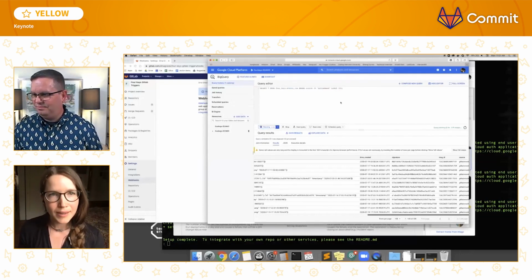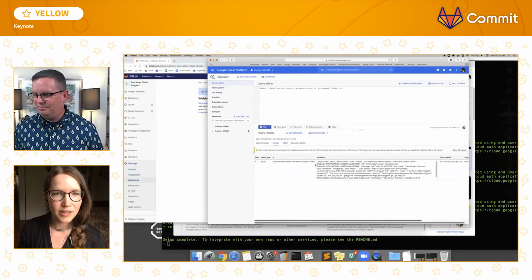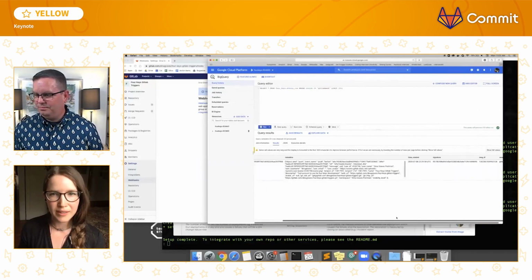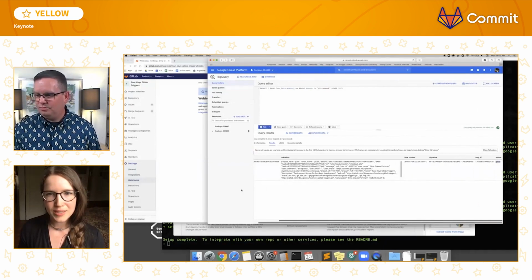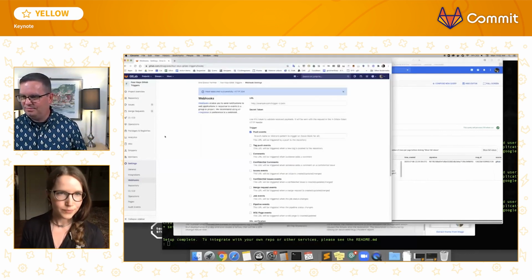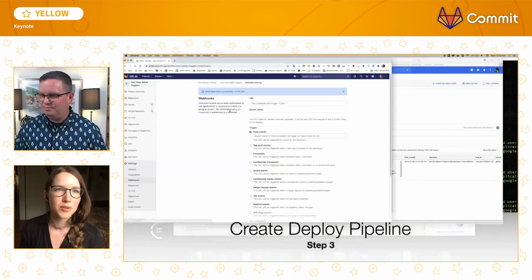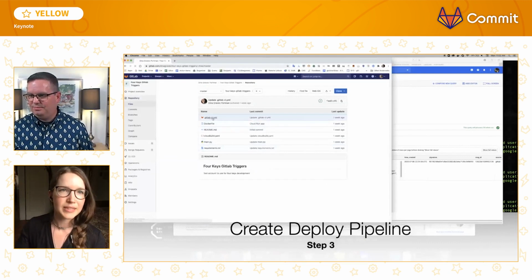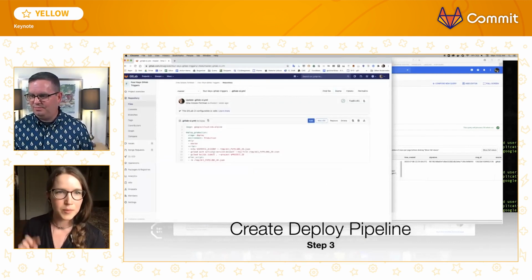Mostly GitLab mock. So we want to exclude that and just look at our real data. We have the one push event that we just created, and the source is GitLab. Excellent. Okay, so now let's set up deployments. Now we have our pushes, our commits. Let's set up deployments. I'm using GitLab CI.